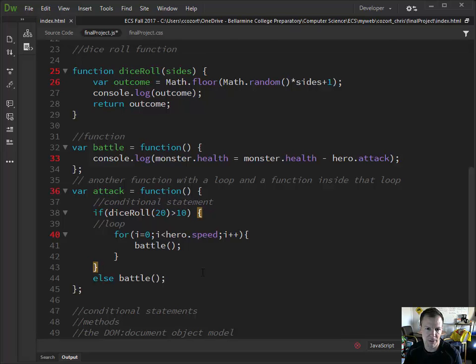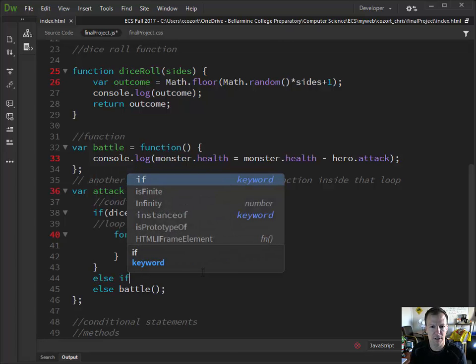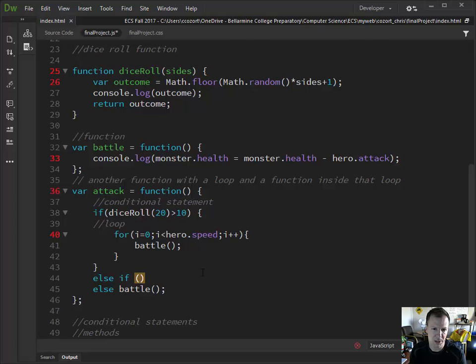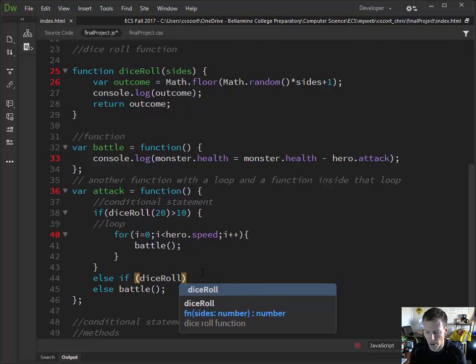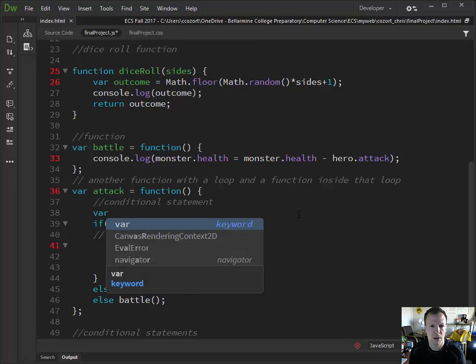You can also have else-if. So if I were to do else if dice roll. Now, what's interesting about this, if I do it this way, it actually won't work. And the reason it won't work is because even if I were to use these same values, every time I use dice roll, it generates a new value. Meaning every time I write this, it's going to randomly create a new value between 1 and 20. So this will evaluate to true or false, and that will have nothing to do with what the dice roll is down here. So if I wanted to use it multiple times in here, I would actually do var,